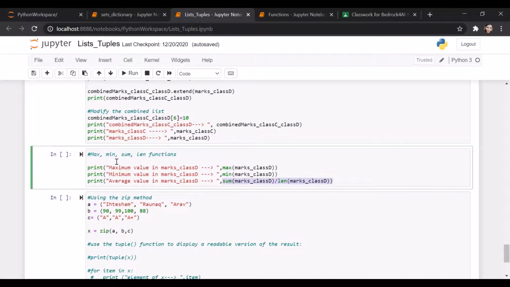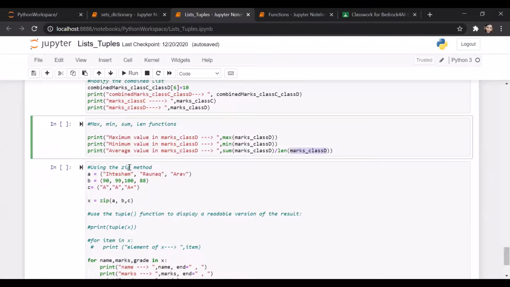So you could use these aggregate functions to calculate the mean, or do simple mathematical analysis. Like if you wanted to find the average marks, you have a list which has marks of 100 students. So now you don't need to really write a loop to read each element and add it to the sum. Instead, you can just use the sum function, provide the collection as input to it. It will give you the sum of all the 100 elements, which is the marks of 100 students, and divide by the length of the collection. The length is the number of elements, right? So if there were student marks of 100 students, the length is 100. So sum of all the 100 marks and divided by 100 will give you the average marks.